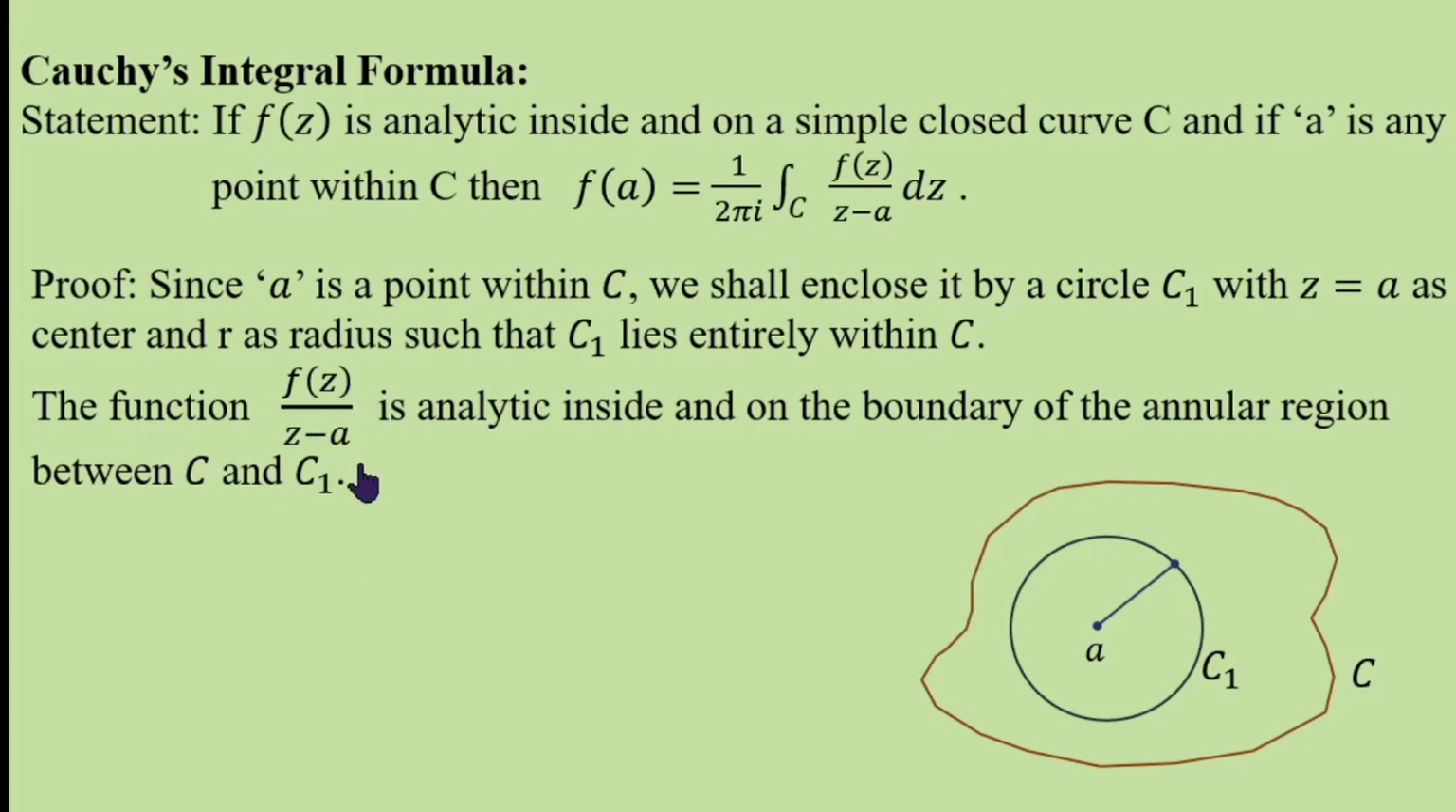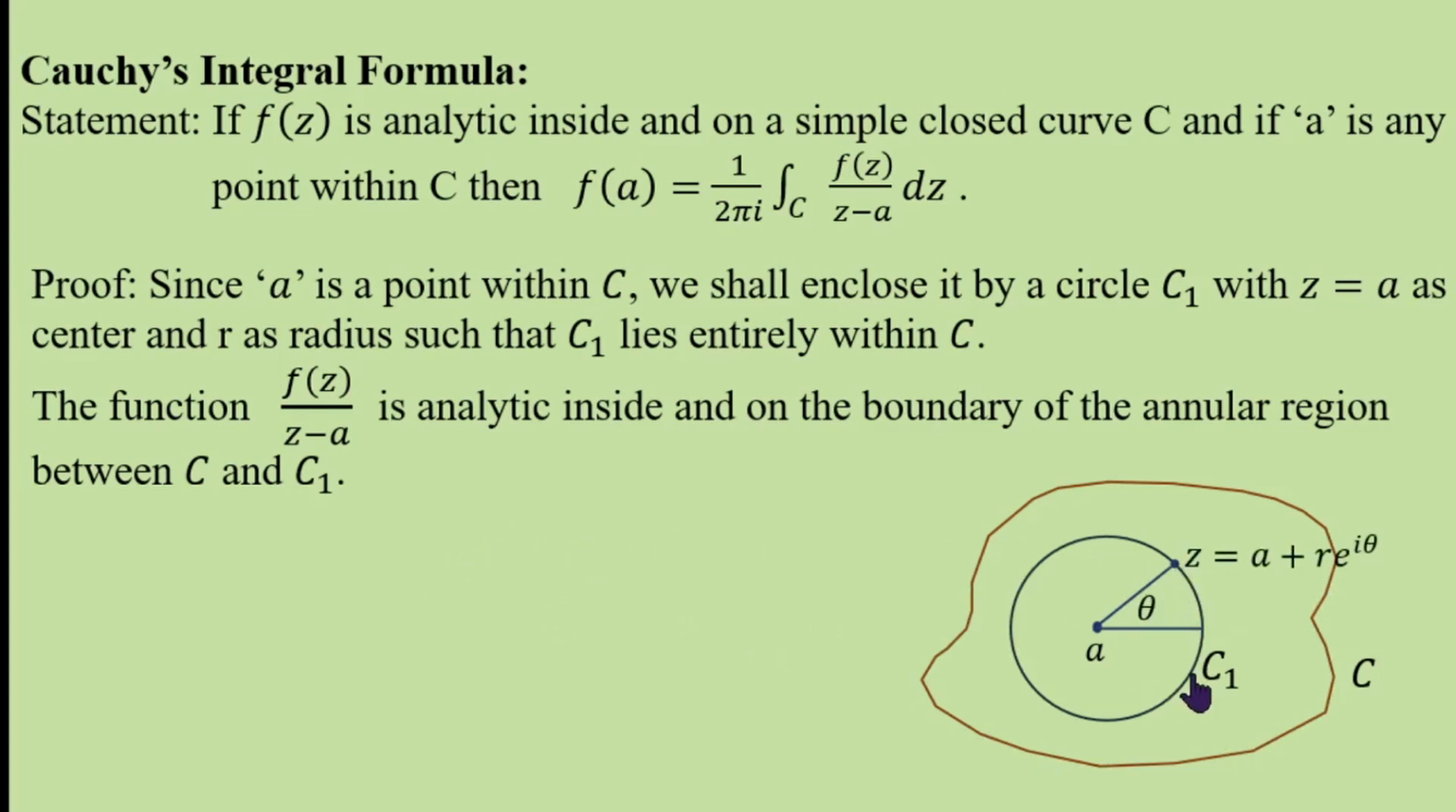Now the function f of z by z minus a. Now you are going to consider this function. Actually it is not analytic at z equal to a, because the denominator becomes 0, which means it is not defined. Therefore, f of z by z minus a is not analytic at z equal to a. But at all other points it is analytic, because f of z is analytic, and hence f of z by z minus a is also analytic. Hence between C1 and C the function is analytic, and along the curve C1 also it is analytic, and along the curve C also it is analytic. And hence